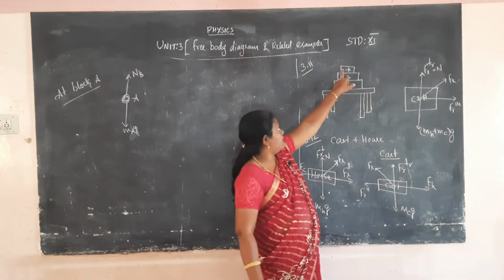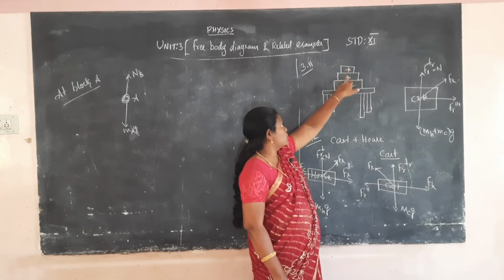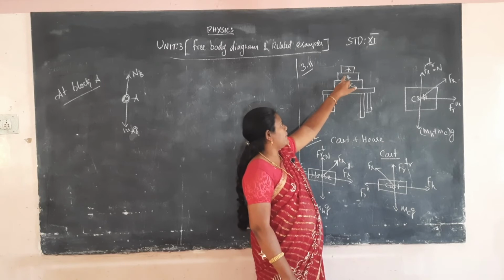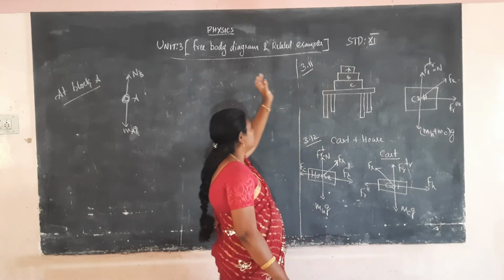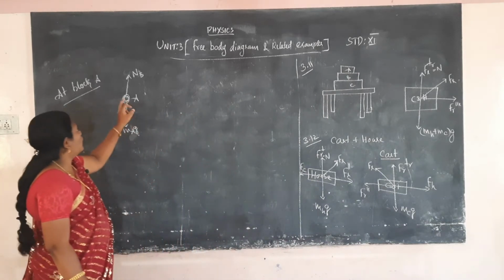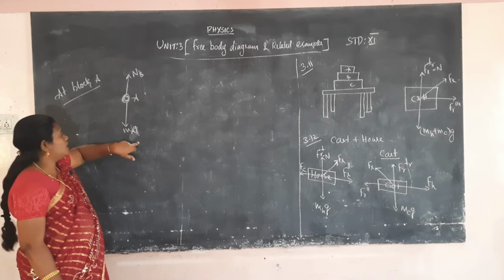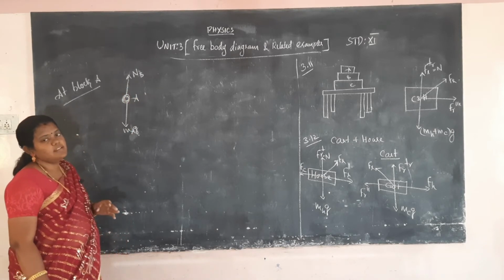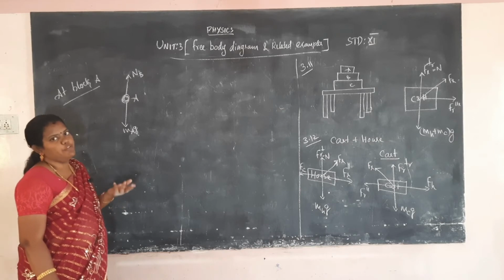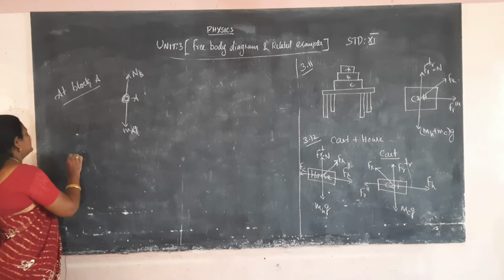What forces will be acting on book A? Block A will be applying a force on B, and B will be applying an upward force on A, that is the normal force acting at block B. So A is the object, the downward force is m_A g and the upward force is N_B. Clear that? So 2 forces will be acting, gravitational force and upward force. Okay, 2 forces.